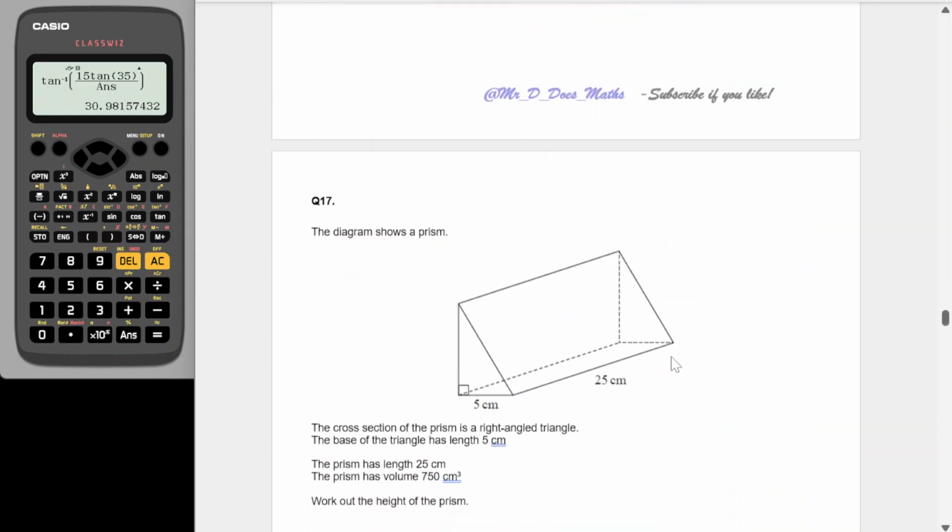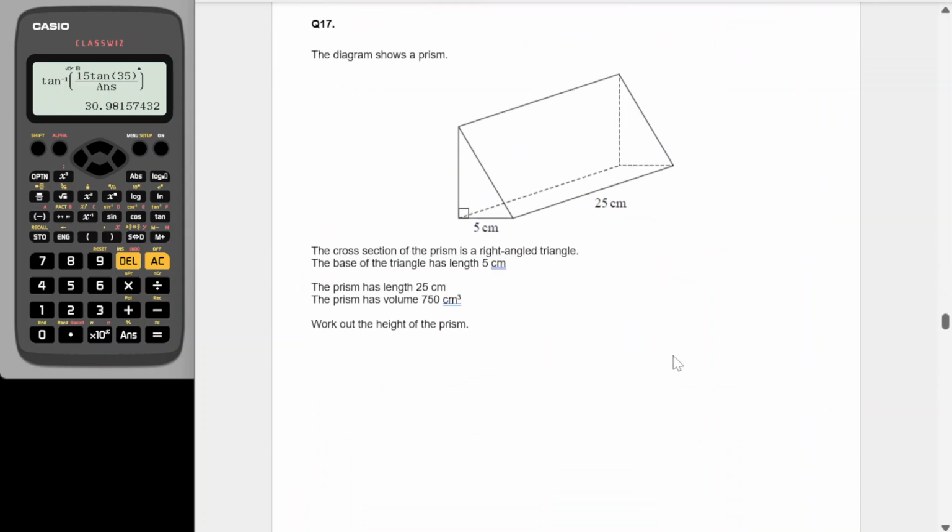Right, question 17 then. We've got a cross-section of a prism that is a right angle triangle. The base of the triangle is 15 centimeters. The prism has a length 25. The prism has a volume of 750 centimeters. Work out the height. Okay, so the volume of a prism is equal to half, in this case, the cross-section, which is a triangle, half of 5, if we call it x for now, 5x times by the height, which